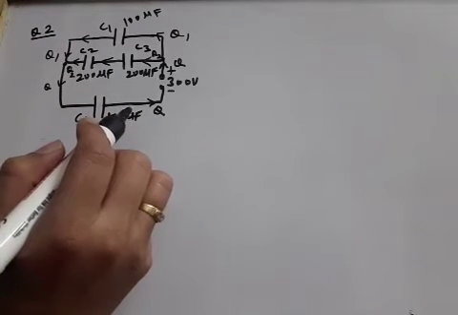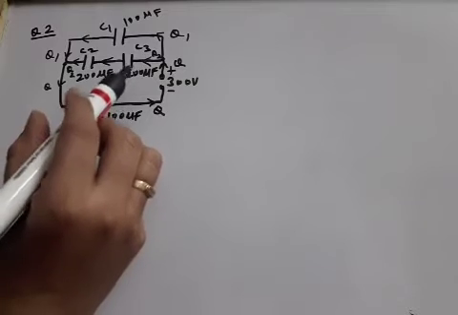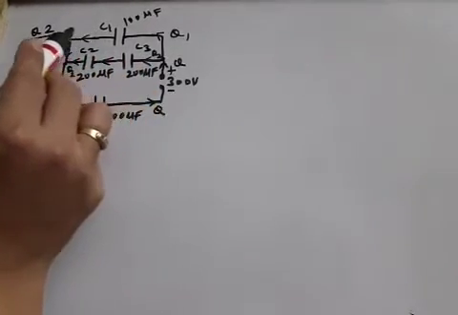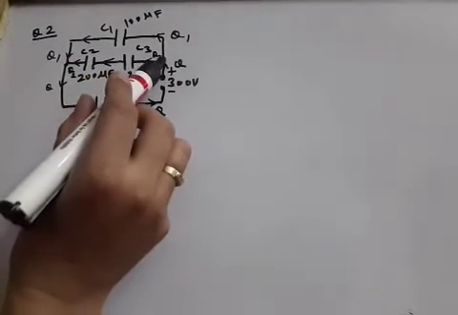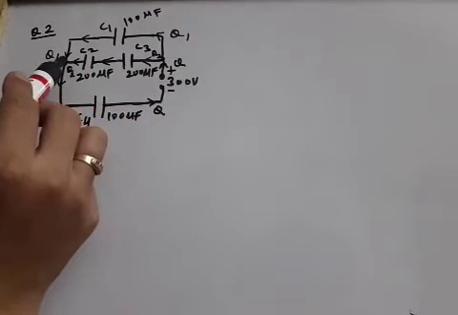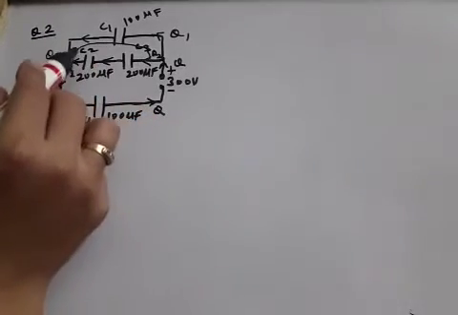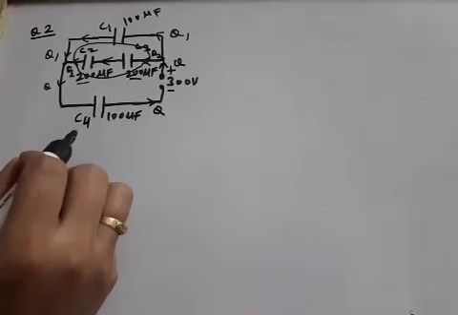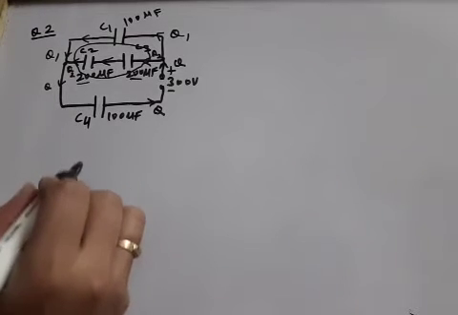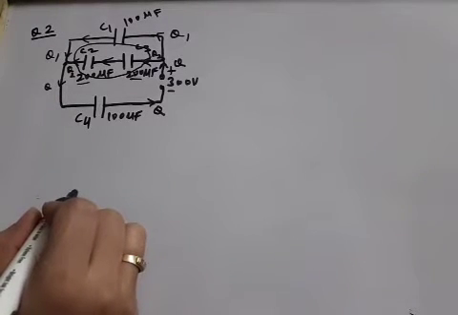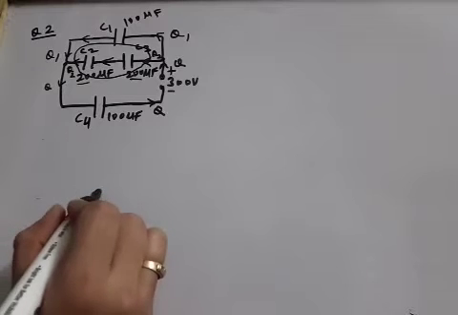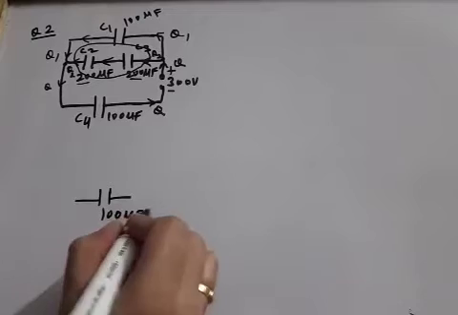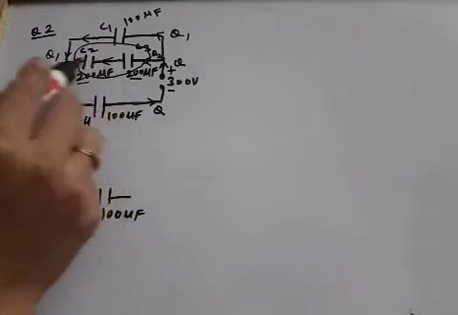Now we have to search the series part first. So you can see, as we started from here, Q1 is flowing through this single capacitor. Q2 is flowing through C3 and C2 both. That means C2 and C3 both are in series. 200 and 200 microfarad are the values. So directly we can write the net capacitor, it will become 100 microfarad in place of these two.